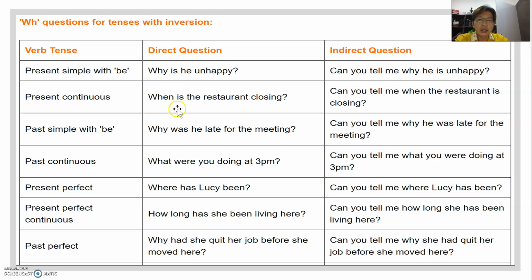Okay. Another example. For direct question: when is the restaurant closing? So in indirect question, the order